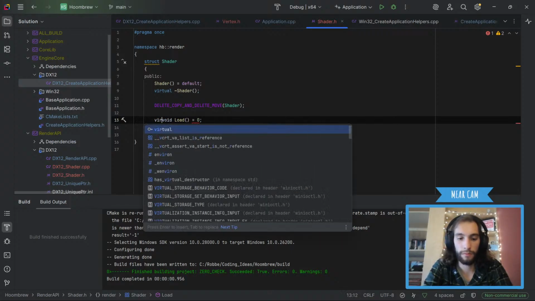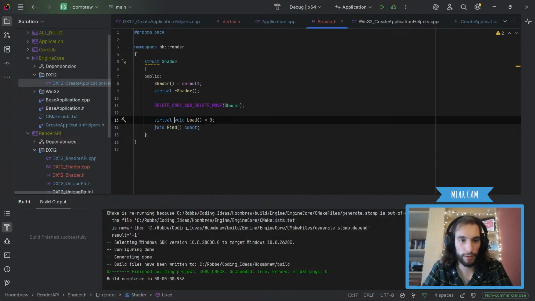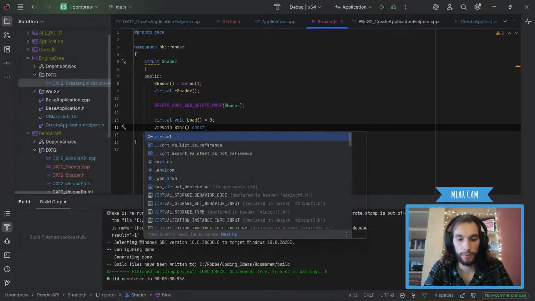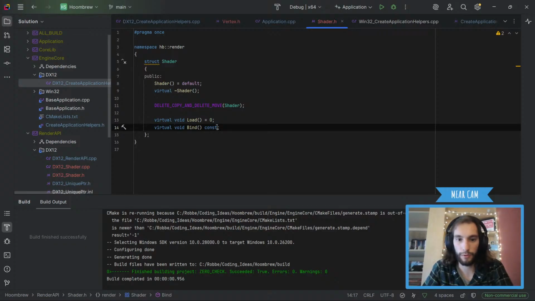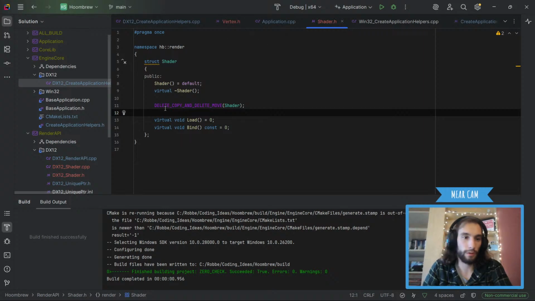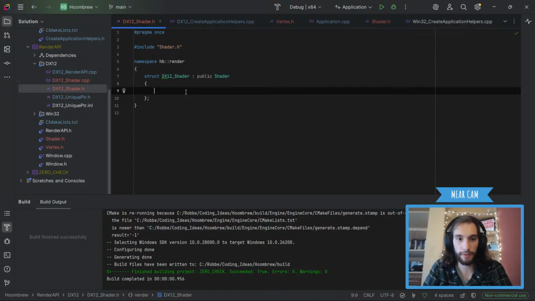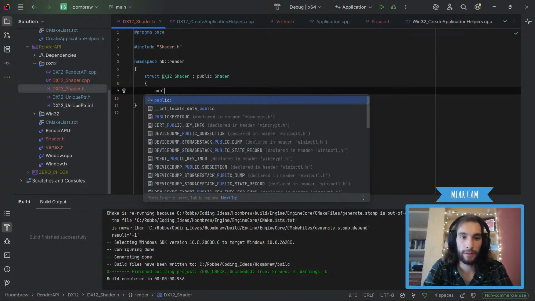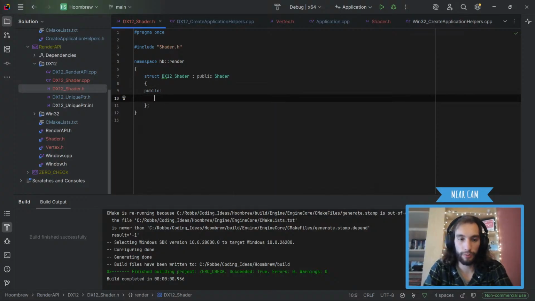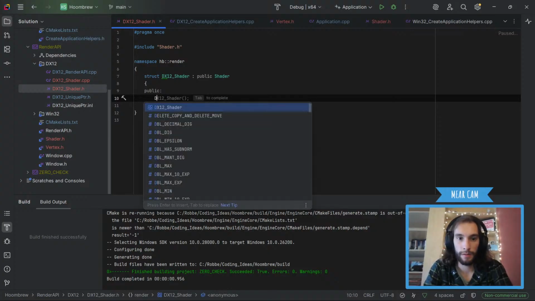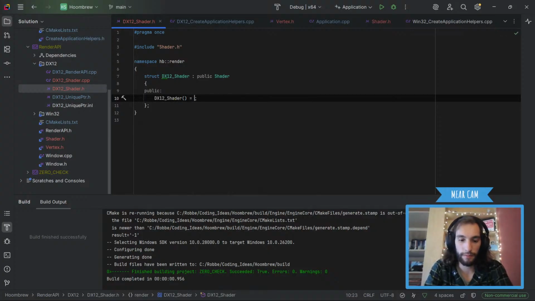And these are all going to be, of course, null without implementation. Virtual, oops. That's basic knowledge, come on, you can do it here. Virtual bind equals null. There we go. And that will force us to implement them in a DirectX 12 shader. So we're going to publicly create a shader, which will be shader that, which is also default for the moment.